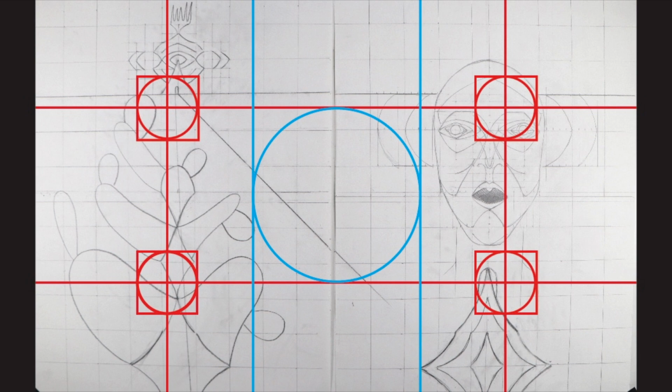Now that image, since it's directly in the center of the composition, is going to play a pretty important role. So I have to be pretty careful with what I add in that part of the composition, because I want it to flow with the other metaphors that I have in the 4 points,